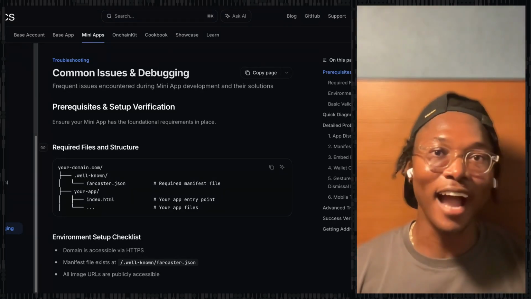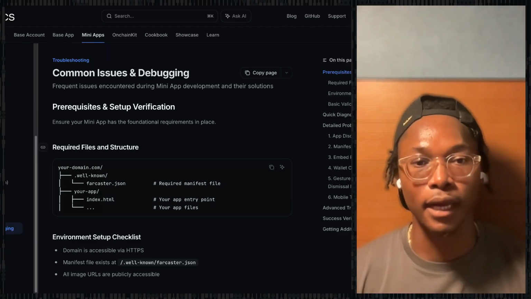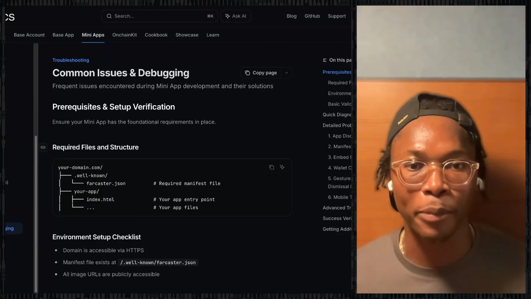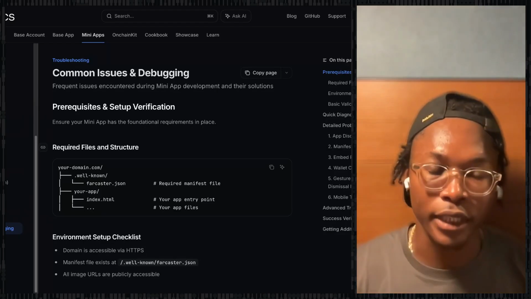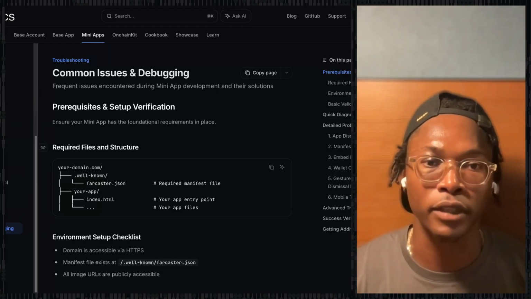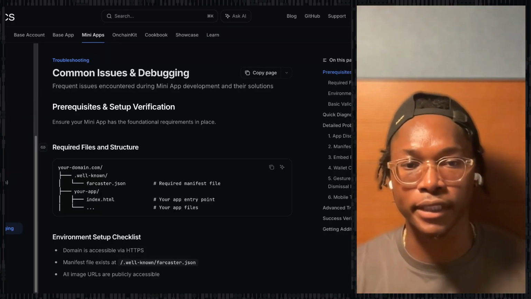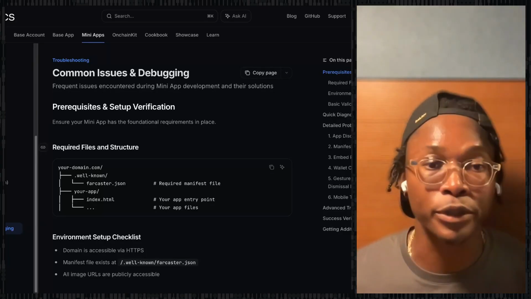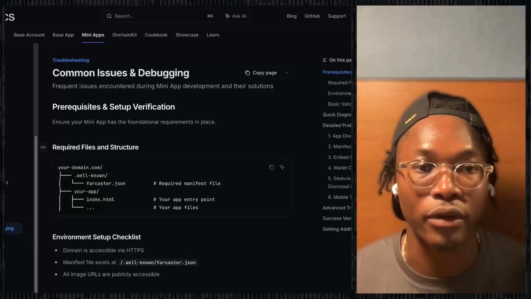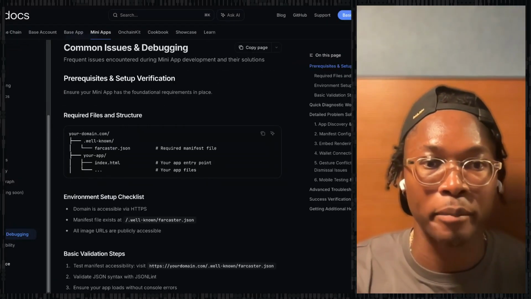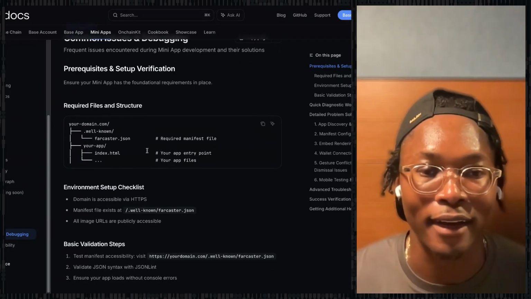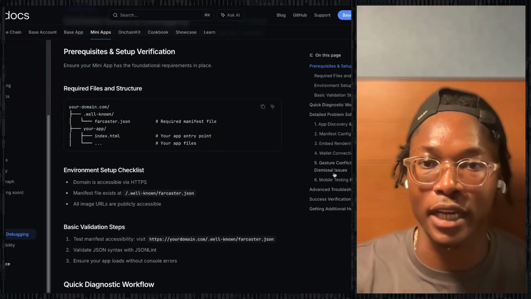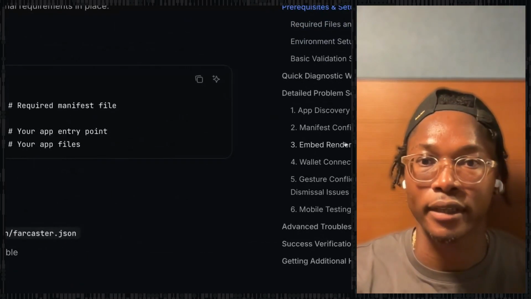I want to go through this doc. So here's how we're going to do it. I'm going to share some opinions on it, and she's also going to share her thoughts. And then we're going to show you a real life example of how to use it. I'm new to it, so I might even lean on her as well for this. But we're here to go through the common issues.